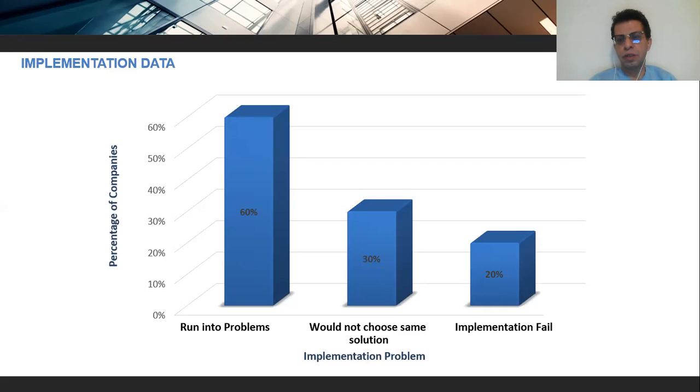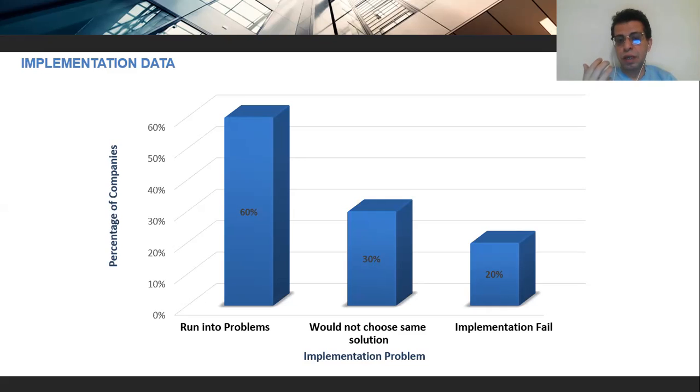Imagine you're putting a budget together and you're already spending $5 or $6 million on your new implementation, and you run into a problem. It could be more than that, $100 million, or 50 or 60. So you don't want to run into a problem, because you're buying a problem.